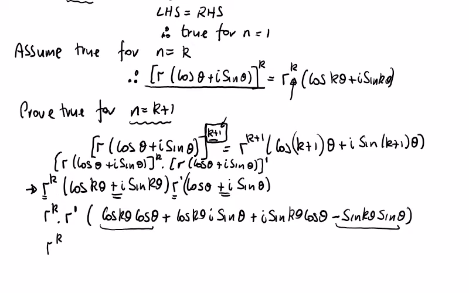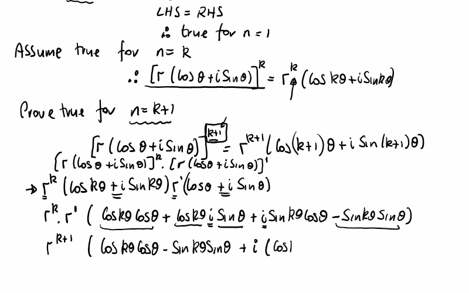So now if we bring the real parts together, these two real parts, we're going to get r to the power k plus 1 by the cos k theta cos theta minus sin k theta sin theta, and you can see that that's cos A cos B minus sin A sin B. And then we have these imaginary parts, so plus i times cos k theta sin theta plus sin k theta cos theta. And that's cos A sin B plus sin A cos B. So if I write that underneath it,